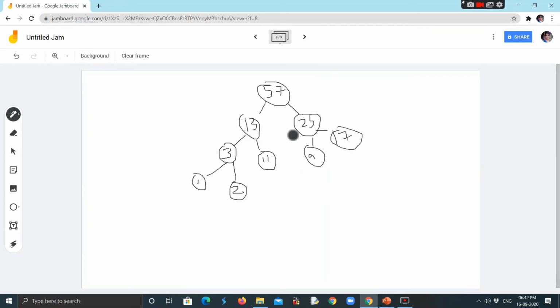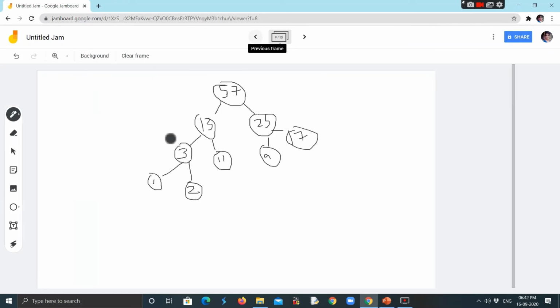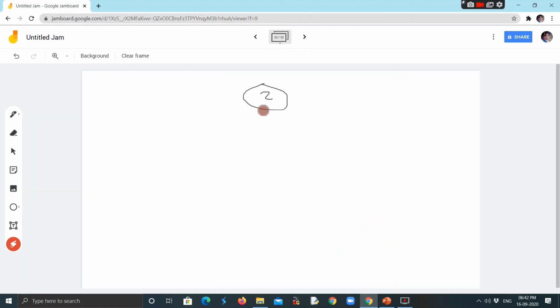Over here it is all set, because once again you can see that the parent node's value is greater than the child node's value. So once again we'll replace the value of 57 with 2, that is the root node's value with the last element. So in the next step we'll get 2 over here. This 2 moves over here and 57 vanishes into the vanish box. So this 2 we get over here.